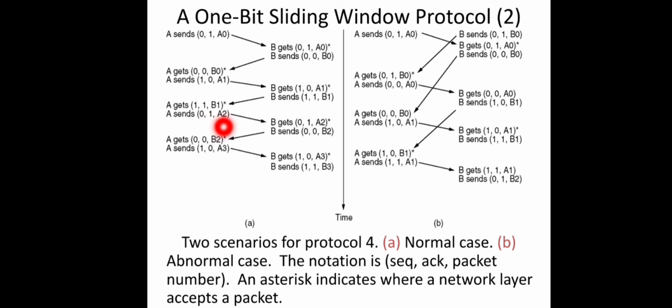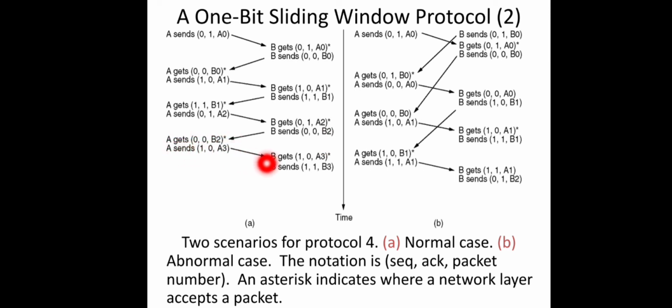Okay, and A2 is the name of the corresponding frame. Okay, third packet from A to B. That is also received by B and sends back an acknowledgement. What is the acknowledgement here? I have received a frame whose sequence number was 0, and I am sending a third packet from my side. So sequence number is 0 and my packet is B2. That is also received by A, like that.